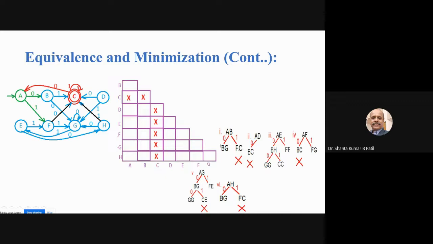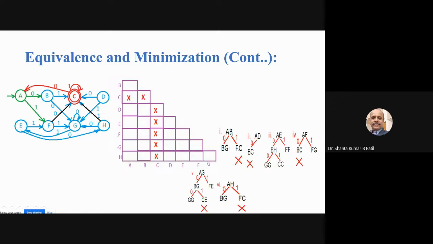Once you get this new leaf node BG, locate the BG. BG does not have the cross mark, whereas AB on 1 is FC. FC is a cross mark. Hence, stop the construction of the tree. Mark even AB as a cross mark. The root nodes are decided by the leaf nodes. If any leaf node has a cross mark in the tree, stop the construction of the tree and mark the root node as different.